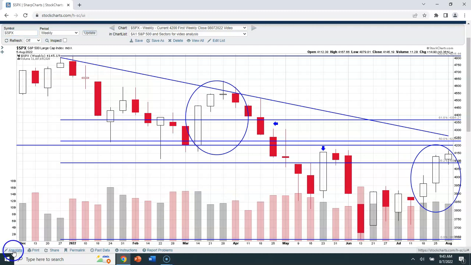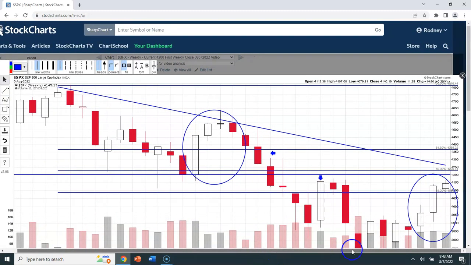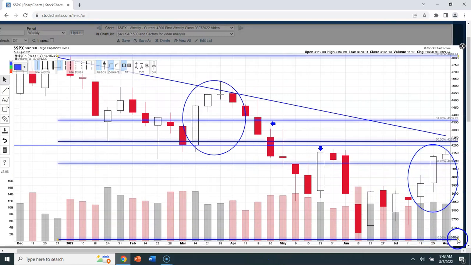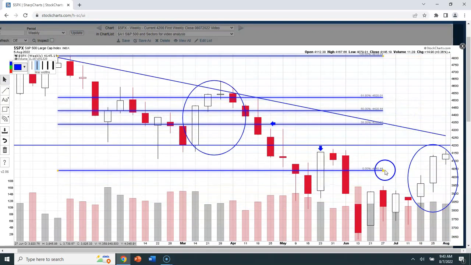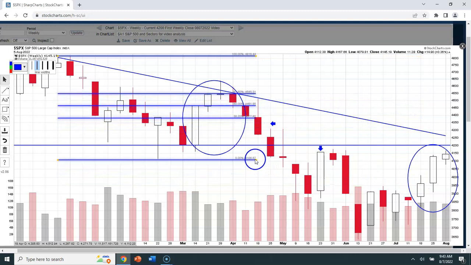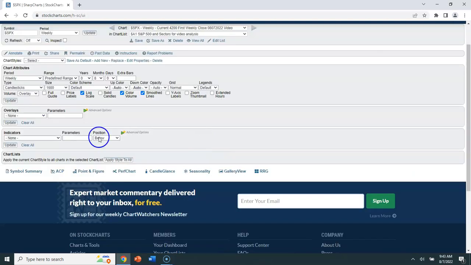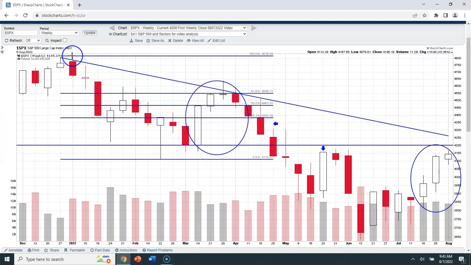Now, let me get back in here and let's take this annotation tool, and I want to move back, and we're going to go back and take a look at the first leg of this downturn, right? Because I want you to understand something here. And we can see here that if we just focus on the move from January 4th to where the first bottom, if you will, was in February, and then how much of that we retraced,